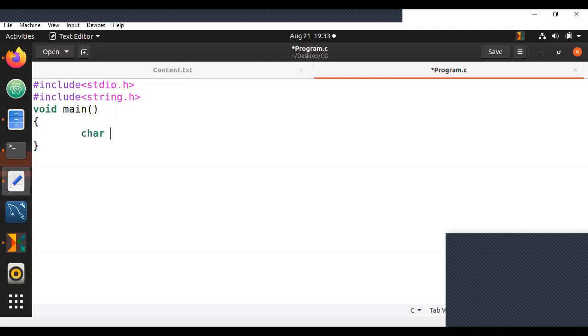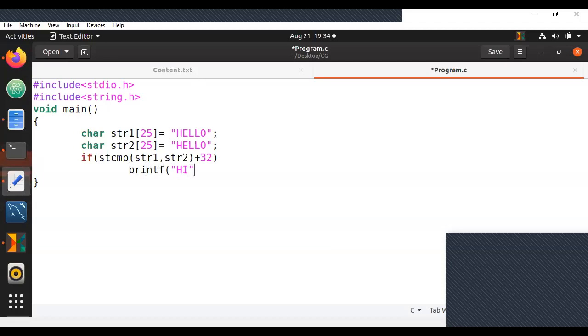Let's say I have char str1[25] equals "hello", and char str2[25] is also equal to "hello", and I'll just write if strcmp of str1, str2 plus 32, then I'll print hi, else we'll just print bye.